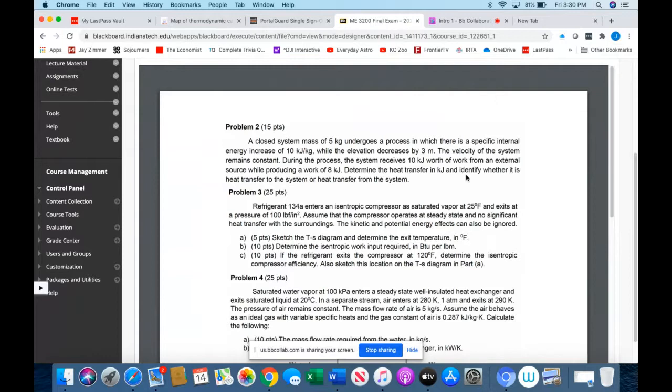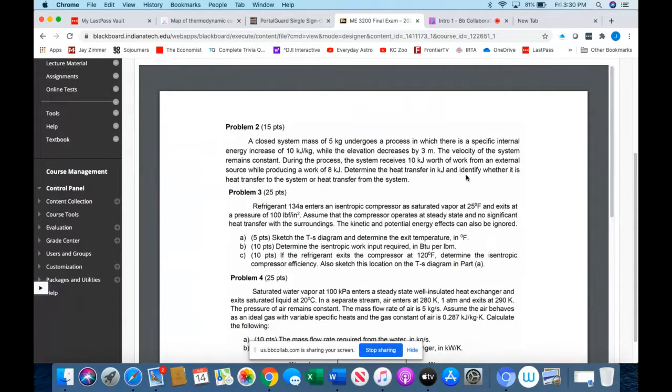It's assumed that the velocity of the system remains constant. During the process, the system receives 10 kilojoules of work from an external source. That could be a piston or a paddle wheel or some type of an electric element that has been input into the system,